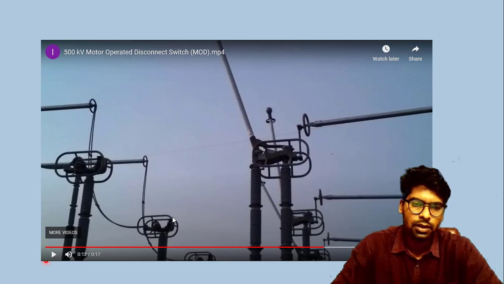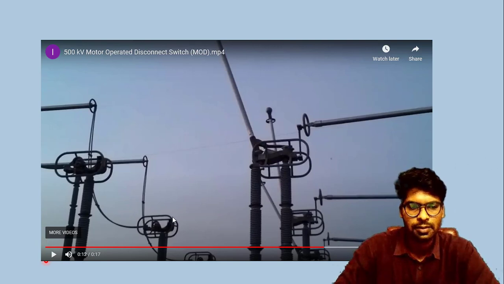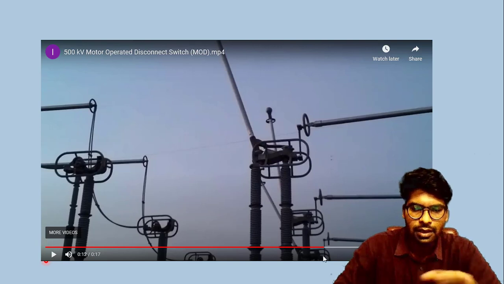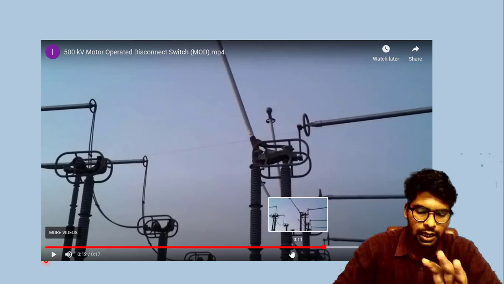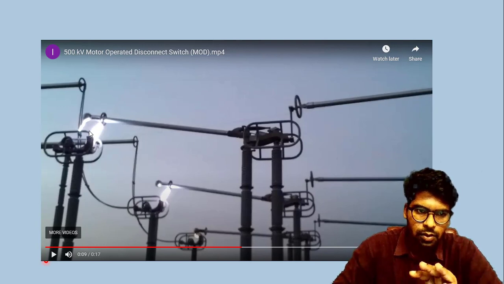In the case of shutdown or maintenance of the motor or any fault, the isolation takes place manually. The main thing I wanted to say is here: this is a fixed contact and this is a moving contact. This is about a small isolation of a power line. But in a circuit breaker we have the same configuration.